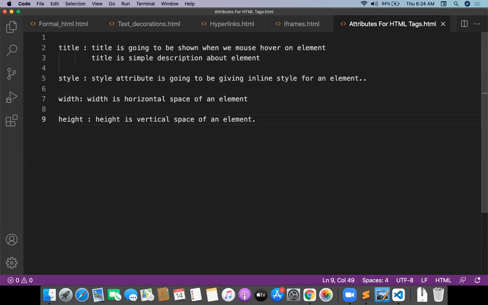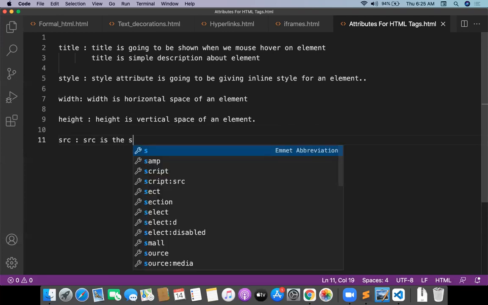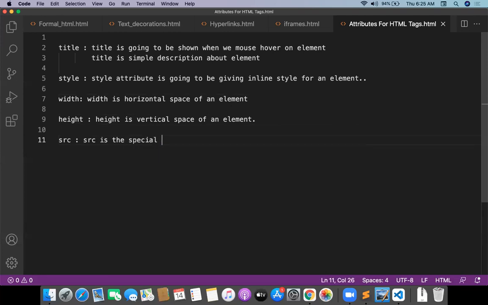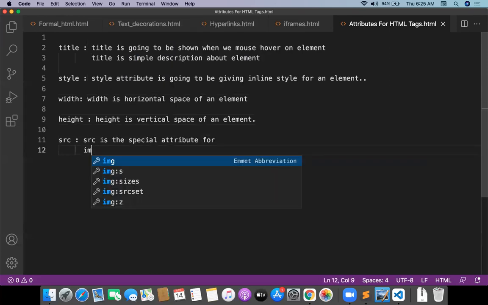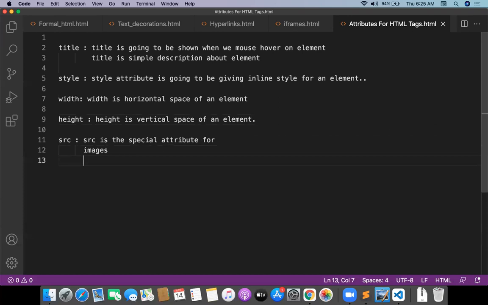Okay, that is height. Width and height are two things. And one more thing, SRC is a special attribute. SRC for what? For images, for iframes, for internal JavaScript.